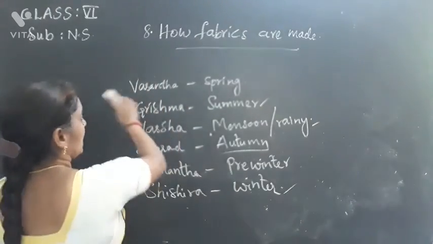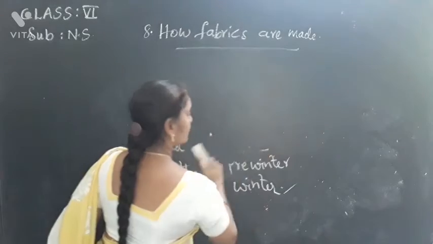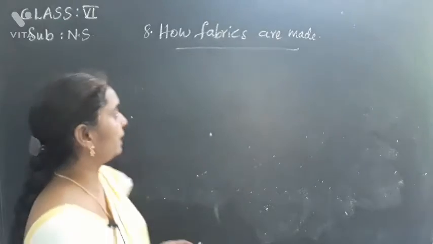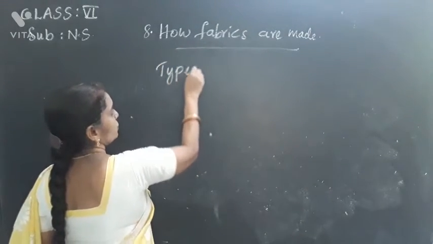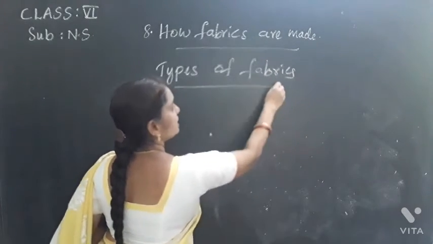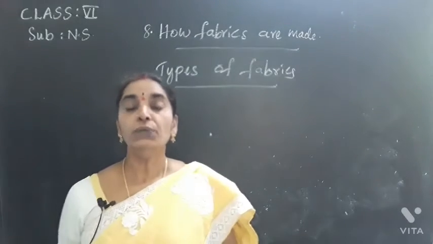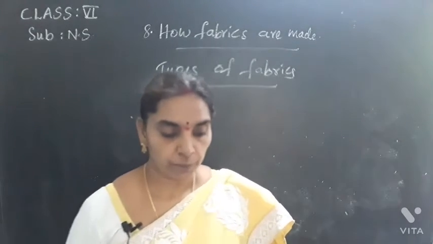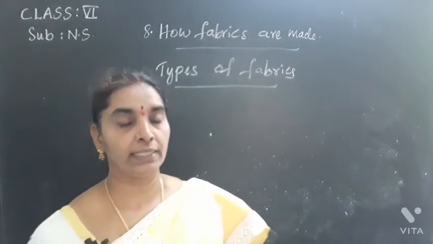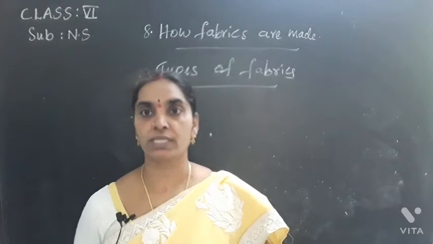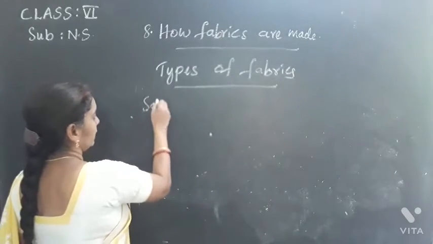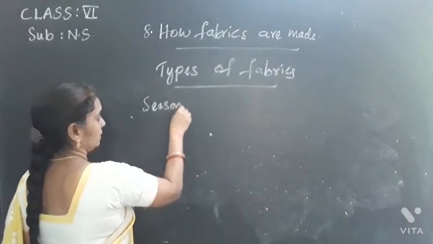So next, the types of clothes that are used for different seasons we'll see now. Okay, types of fabrics, or fabrics are also called clothes, children. Which types of fabrics are used for which season? Okay, now write down this table, children, all of you. People, you know that they wear different types of clothes in different seasons. First of all, according to the seasons, when do we see the rainy season?